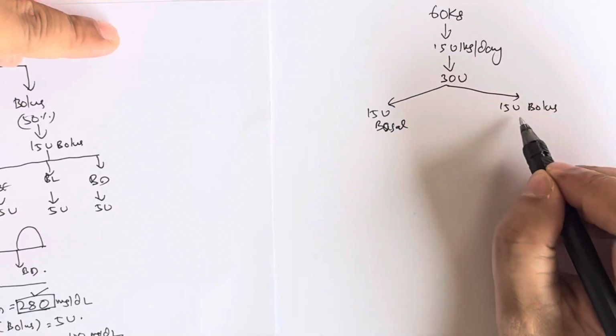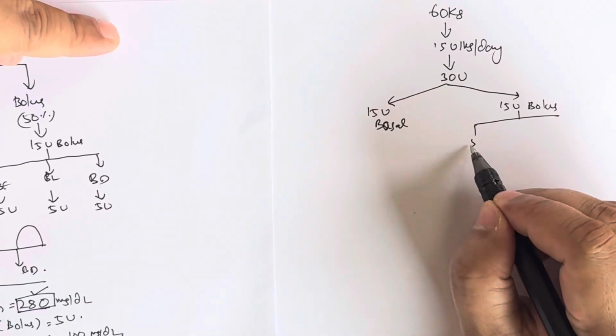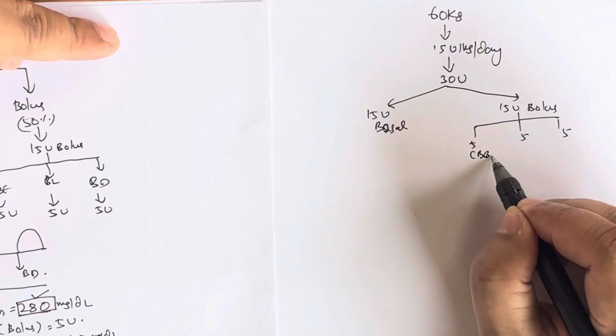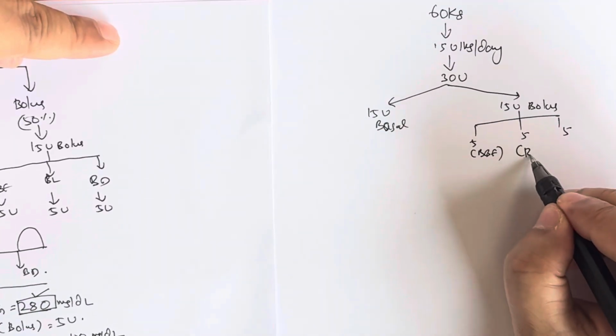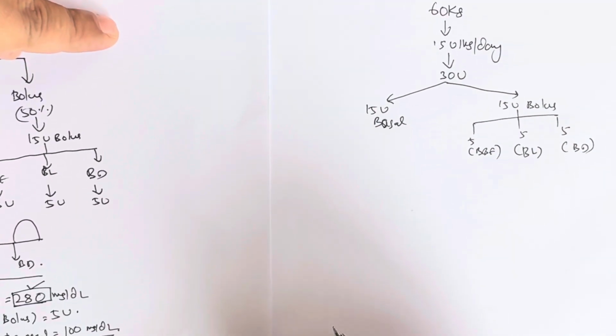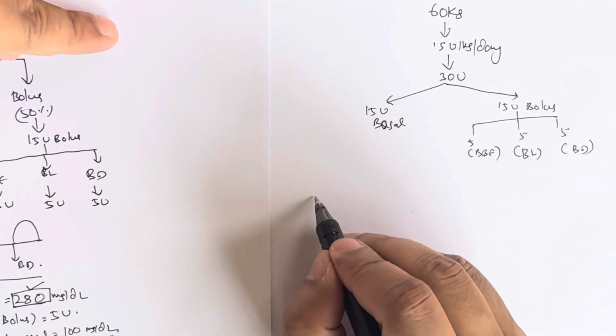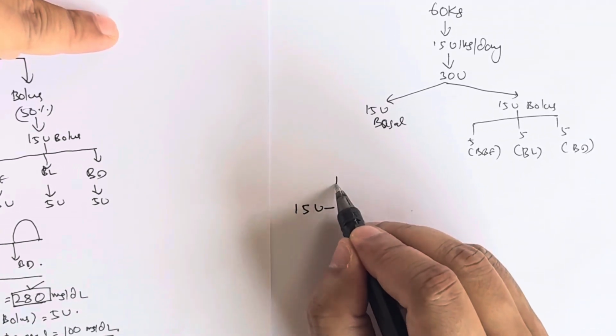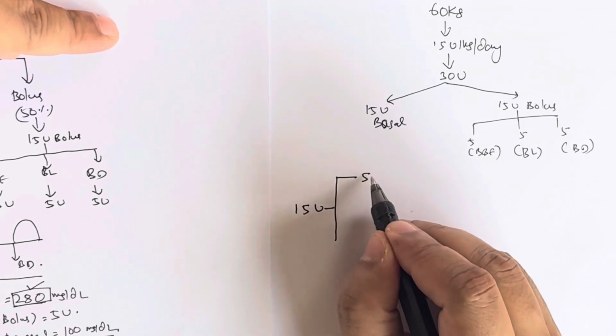This bolus is divided into three parts, 5, 5, 5, that is before breakfast, before lunch and before dinner, right? And what happened, you have 15 unit bolus and we gave 5 unit each,